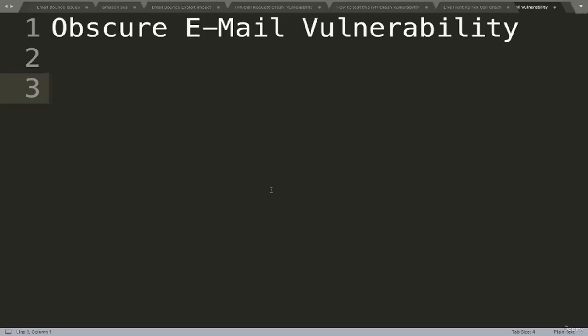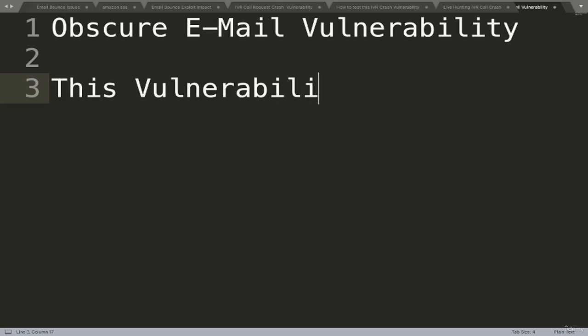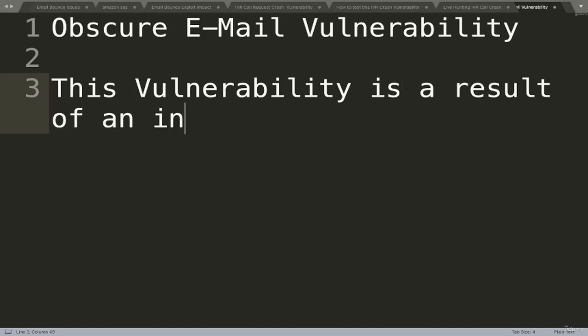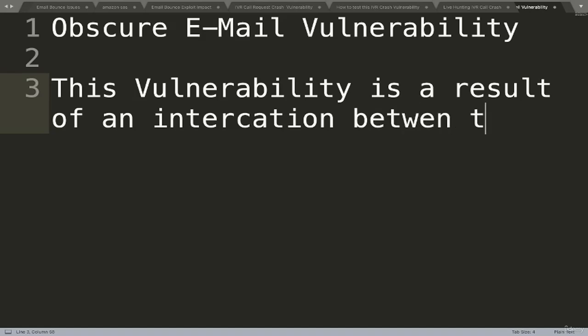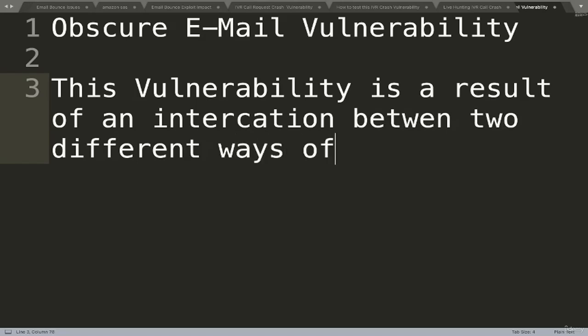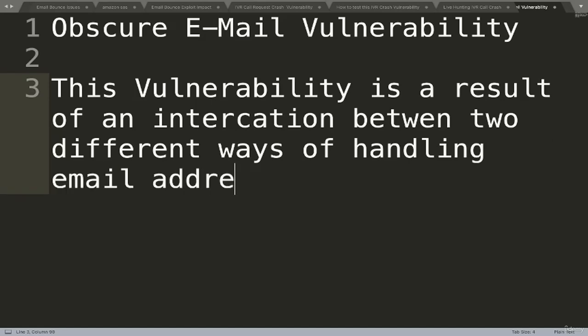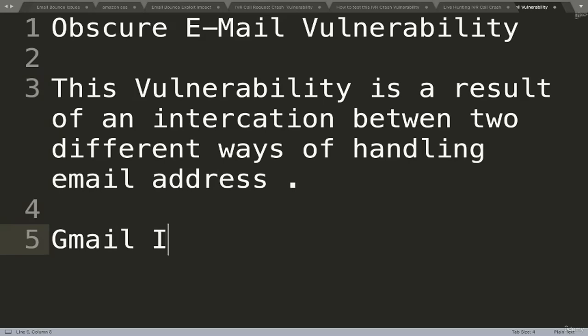Hello friends, so now I'm going to talk about the obscure email vulnerability. So this vulnerability is a result of an interaction between two different ways of handling email addresses. Yeah. So now let me first tell you, Gmail ignores